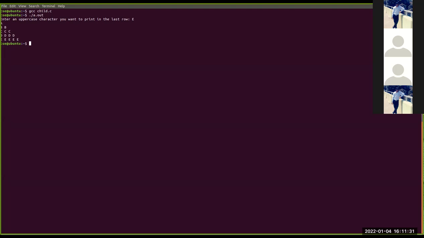In the previous pattern statements we were writing the number of rows. Here we are not mentioning the number of rows, we are mentioning the character value that is helping us loop the rows, right?